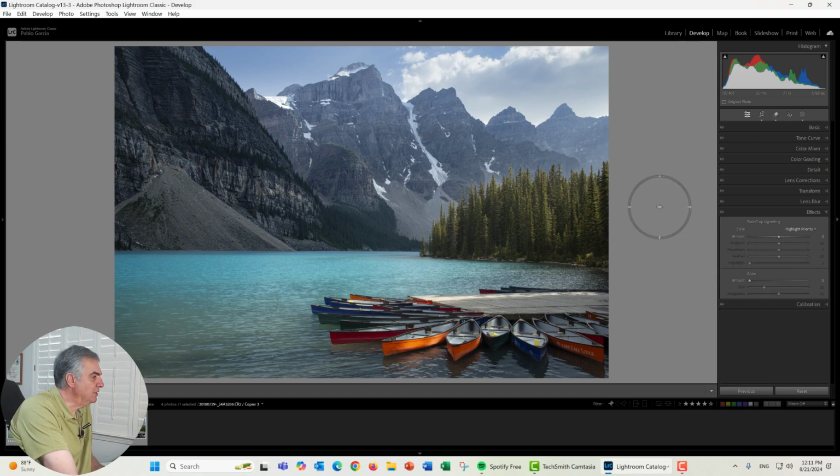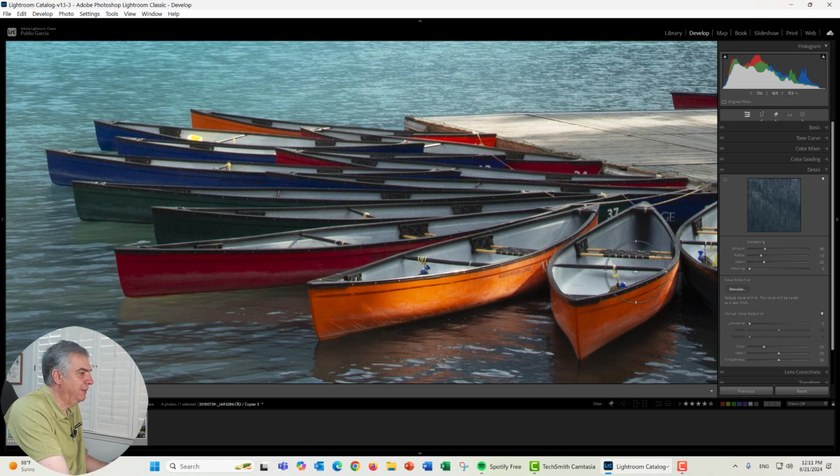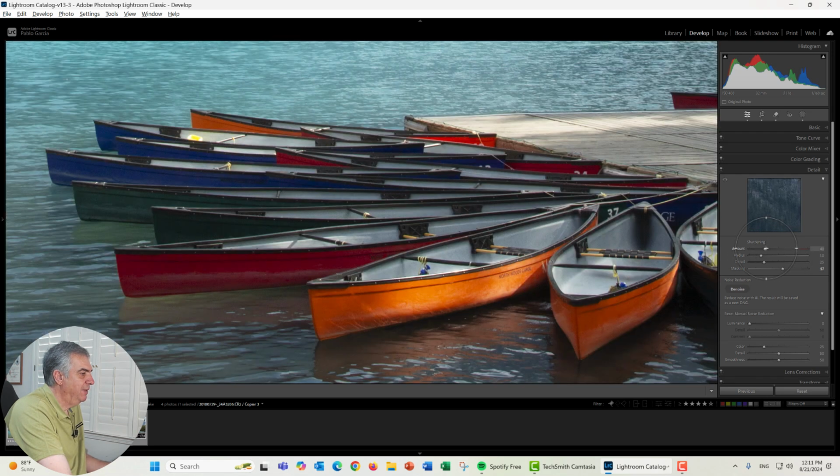What else do I want to do to this image? Well, I'm going to go to detail. I'm going to put it 100% right here in the canoes. I'm going to create a mask, moving masking to the right. This is the area that I just want in white to apply sharpen to. I'm going to increase amount,